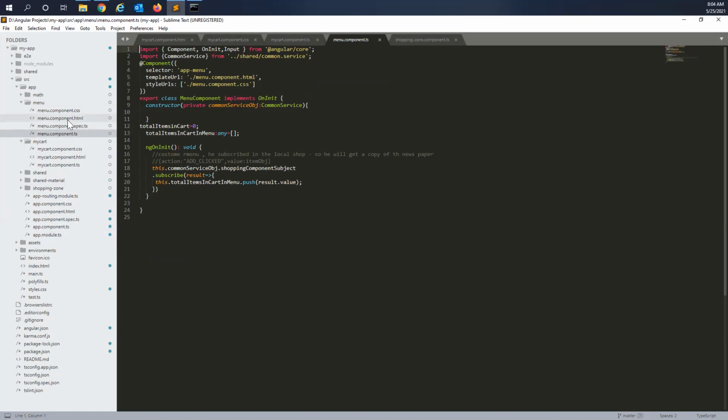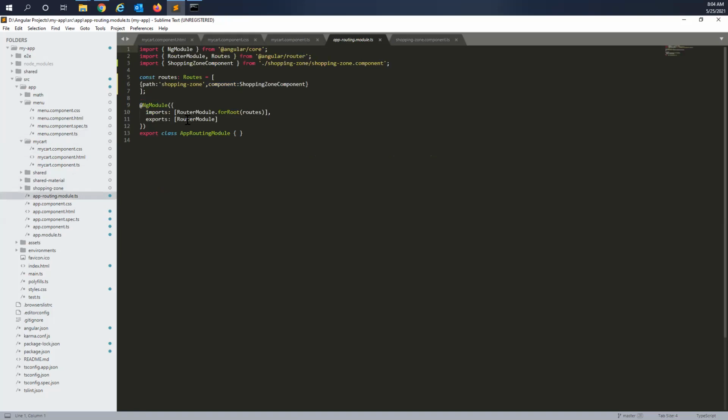Whatever the things regarding this, it will be having in menu component.ts. But this app routing module, I forgot, Rajesh, what's the use here? This is where we provide the mapping path to the component. Line number 6.